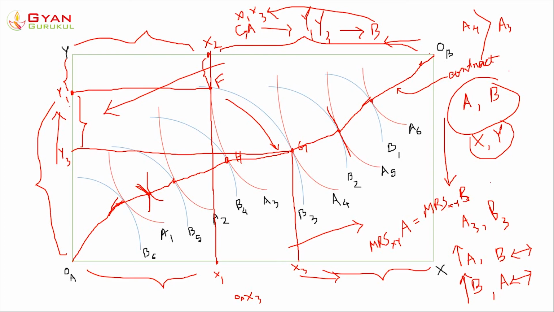So take any point on this curve, that is representing a point where the indifference curves of both consumers are tangent to each other, that is, MRS XY of A is equal to MRS XY of B. So in this way we can show that mutual exchange of commodities between the consumers results in movement from an inferior point to a far better point, and those points are denoted by the contract curve, right?